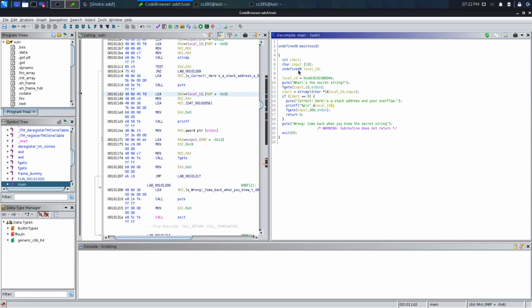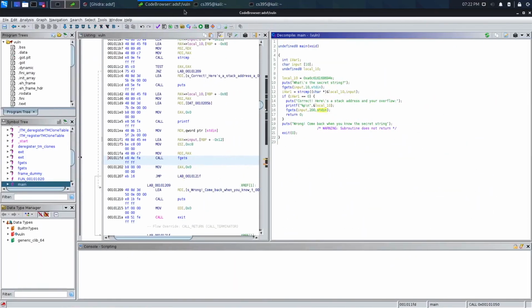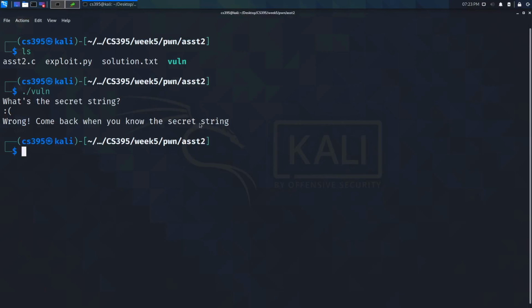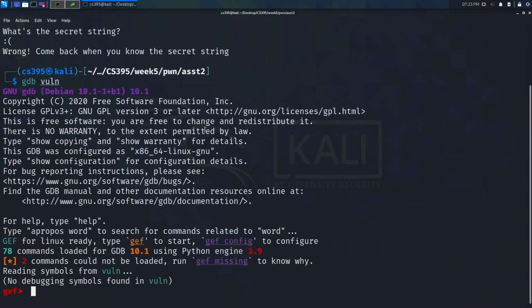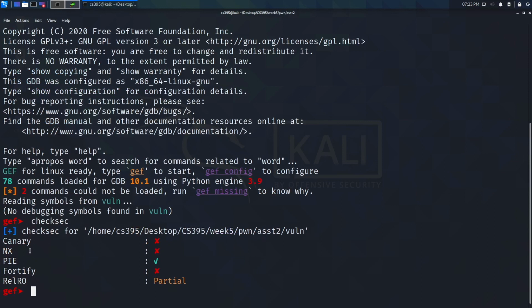And this is another print of a stack address and a buffer overflow for free. And if we open up vuln in GDB and then we hit it with checksec, let's see what's going on here. We have no NX, which means that we can run shellcode. We can inject shellcode and run it. So,